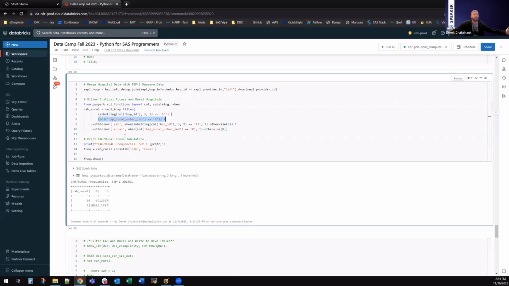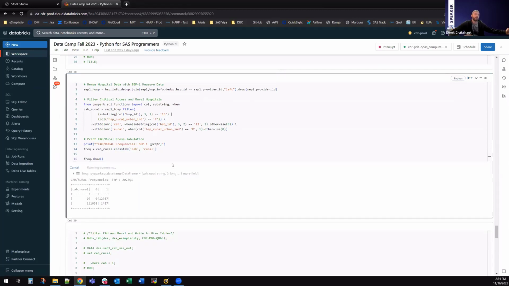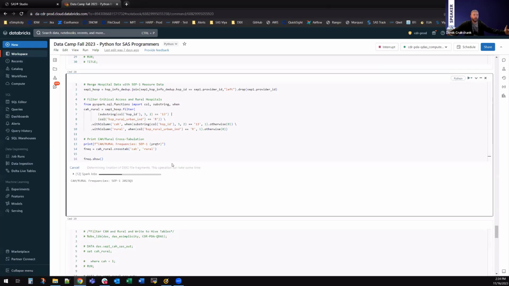hospital. And then we're also going to create two new binary fields, CA and rural, where if it is a CA, we're setting it equal to a 1, otherwise a 0. If it's rural, a 1, otherwise a 0. And then at the end of it, we are going to do this cross-tab function of the two fields to ultimately show us, again, the cross-tabulation of how many hospitals were either critical access or rural within our filtered data